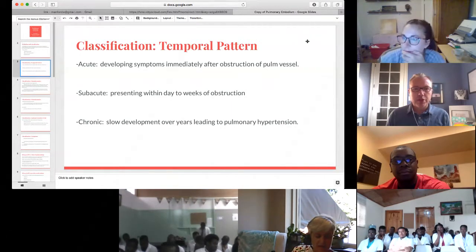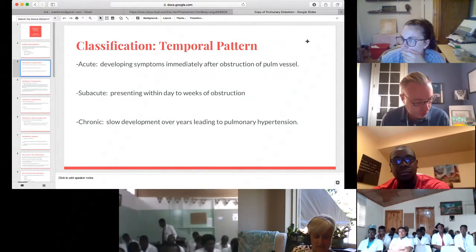Subacute, so it presented within days to weeks. The symptoms presented prior to presenting to you for